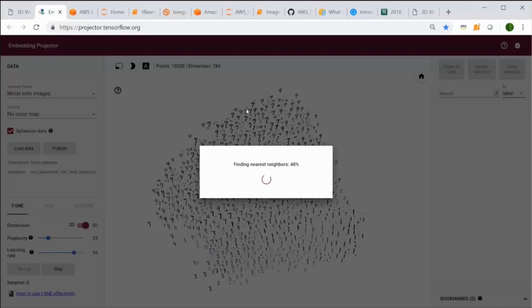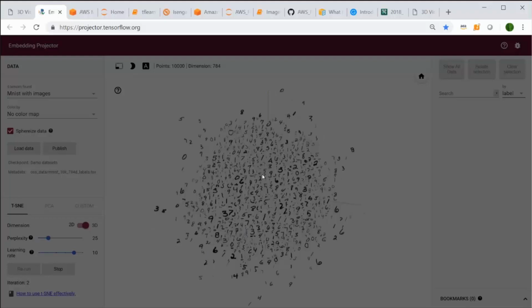So this gives you a very good idea of what the embeddings look like as you reduce dimensionality, and you can visualize it. What I'm doing here is running the algorithm right now. We're not running the complete algorithm on 784 dimensions.